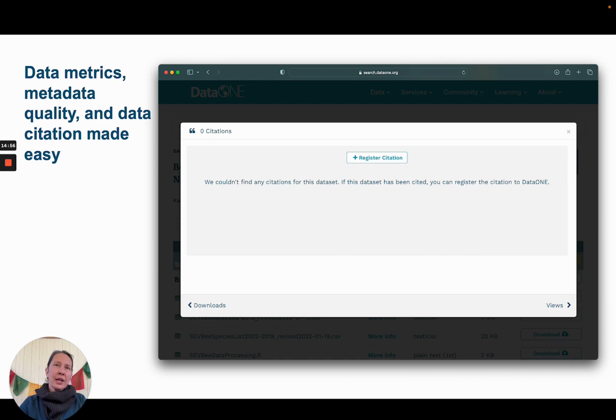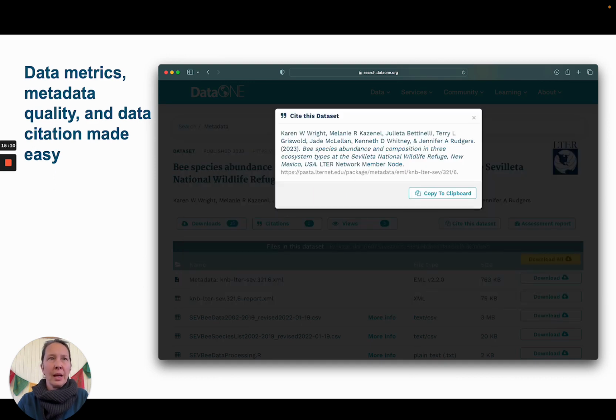In the case of citations, if a paper or another set had cited this record, it would appear here as a traditional citation, including an active link to the object. If a citation is new and has not yet been indexed, you are able to manually contribute citations. And we are aware that many authors have less familiarity in how to cite a dataset as opposed to citing a publication. And for that reason, we make it as easy as possible to provide appropriate attribution to a dataset by providing this quick citation link.